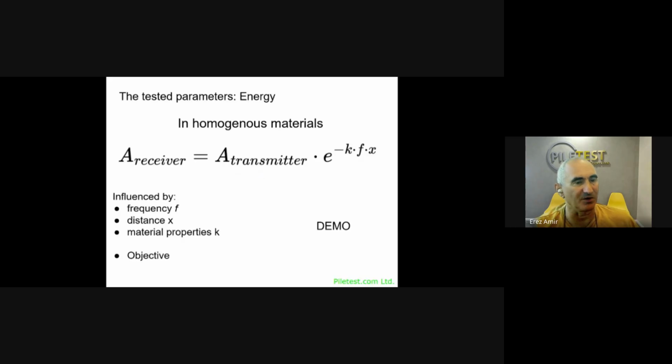Okay, the next parameter that the system gives us is energy. Now, in a homogeneous material, such as solid concrete,